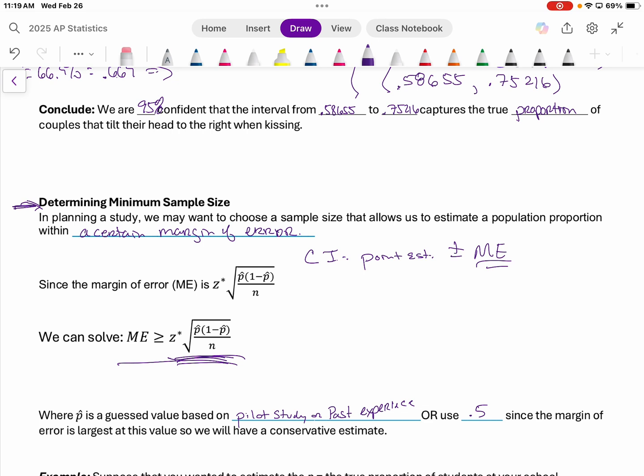If they tell us there's a previous experience that was done or studied, then we use that sample percent, that sample p hat, as our amount that we put in here. Okay, and we'll see some both ways as we do stuff. All right, so